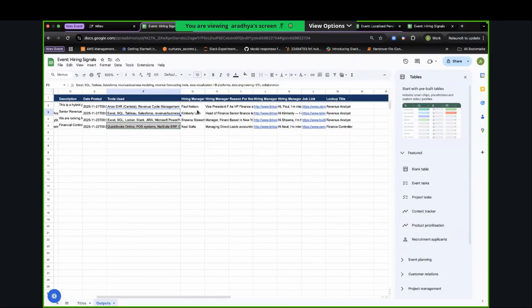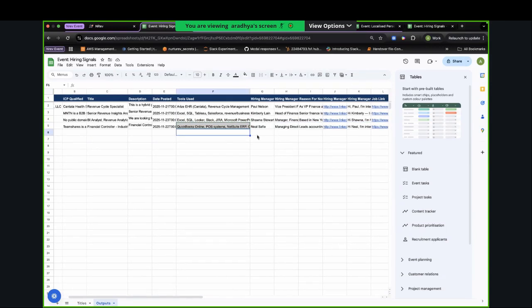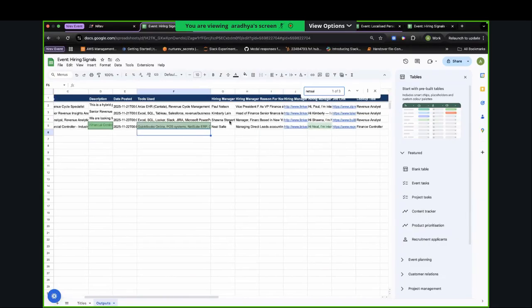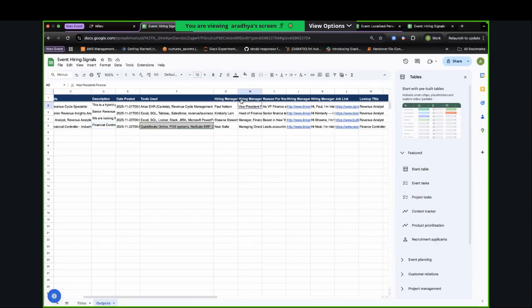Moving forward, very interesting. We actually found NetSuite here as well, right? And I remember when we were doing this workflow, Zenstar mentions that it's the NetSuite for people who don't want that complicated a system. So you can even prioritize these companies which have certain tools that you have a battle card against. Absolutely. Then we also give you the hiring manager, why we felt their title,